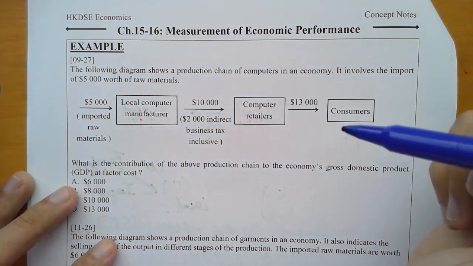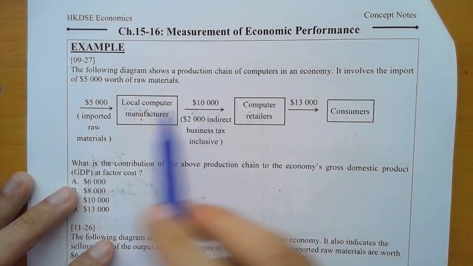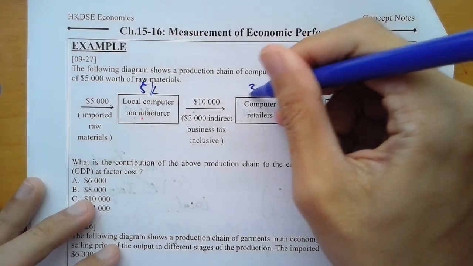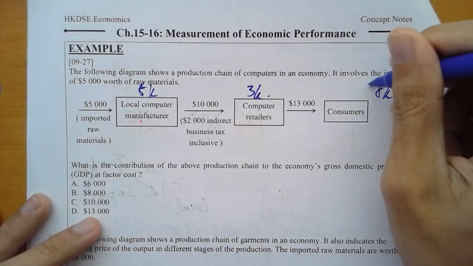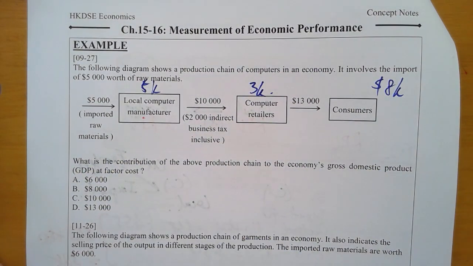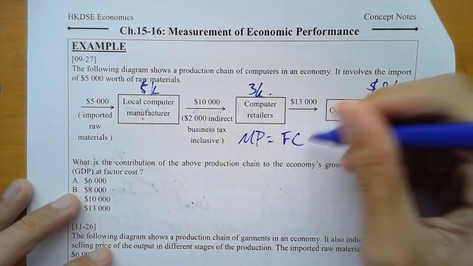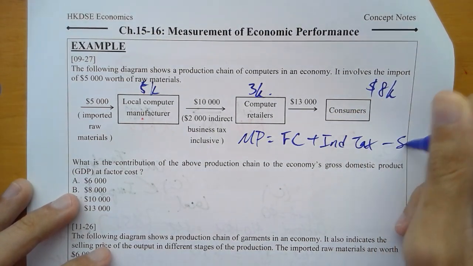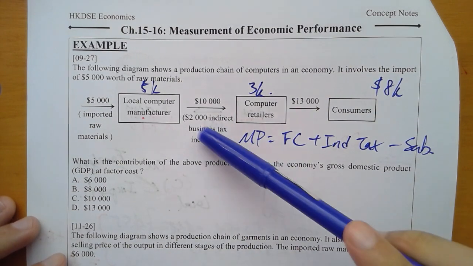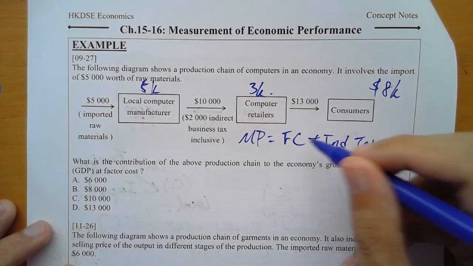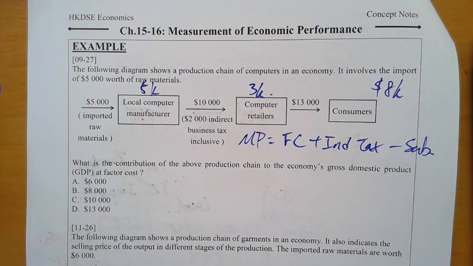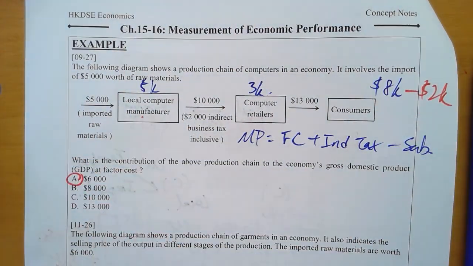Now first, local computer manufacturer, you will see, would be 10K minus 5K. Therefore, they will have 5K contribution, and then next 3K contribution. So you see, adding together, we will have 8K. But is it really the case? Now think about it. We are talking about GDP at factor cost. Now remember, we say market price equals to factor cost plus indirect tax minus subsidy. You 加返 indirect tax 減 subsidy. Here, you already included 已經加咗2000蚊啊。Therefore, to calculate factor cost, you should minus indirect tax. 係咪應該要扣返啲 indirect tax 啊？